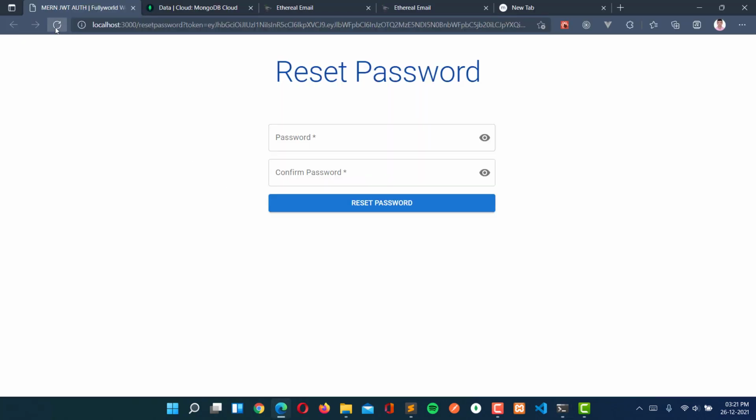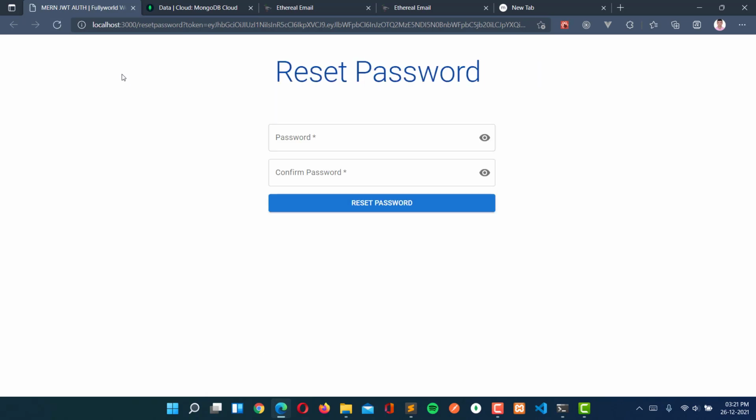Now see that. When I reload this, not any error is present, so that's why we are getting like this. So here I am going to copy this all and make some changes in the token.